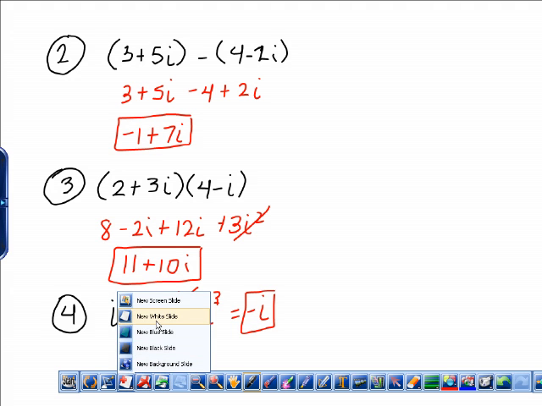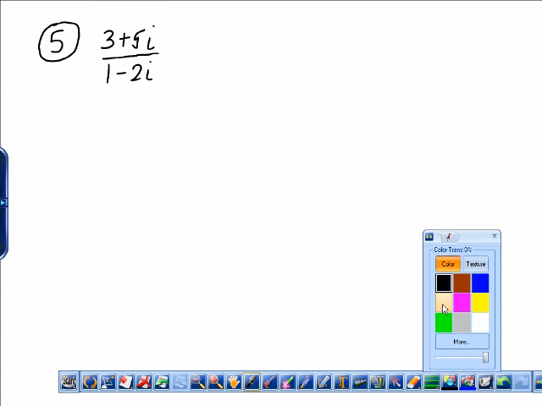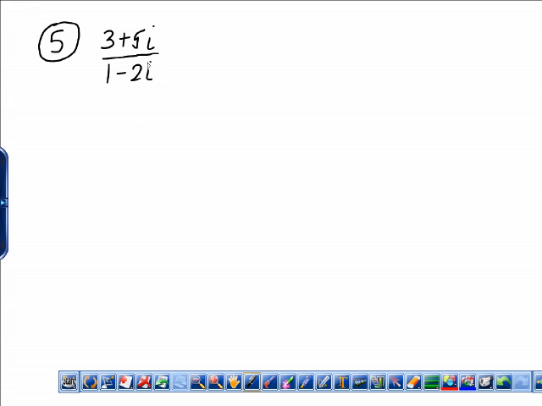All right, let's do another one. Let's now move into the harder ones. Okay, let's say we had (3 plus 5i) divided by (1 minus 2i). Now this may look fine, but the problem is that i is like a radical, and here we have a radical in the denominator. We talked last semester in trig about that being okay for the most part, but this is definitely not a simplified complex number. But we're going to simplify this